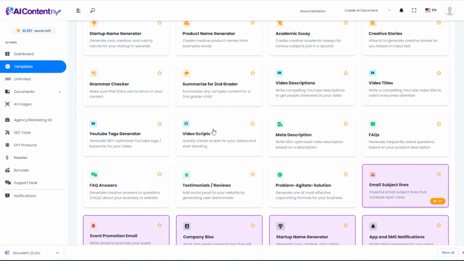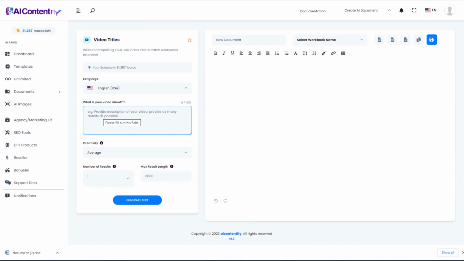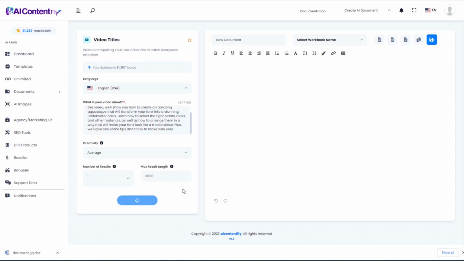And go back to the next tool, which is video titles. And to come up with some catchy titles, all I'm going to do is paste that description that AIContentFly just came up with. So I'm not even writing anything here. I'm letting AIContentFly create everything. And here's my title. Aquascaping 101, create an amazing underwater oasis in your aquarium. Now, if you didn't like that one, you could go ahead and generate another one. Unlock the secrets to creating a stunning aquascape, a step-by-step guide. I think I like that title a little better, so I'm going to go ahead and copy that one to use in our next template,